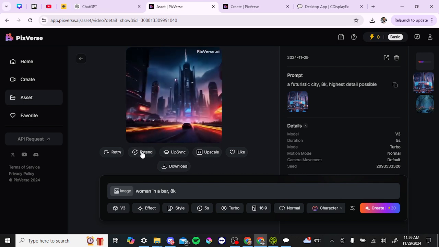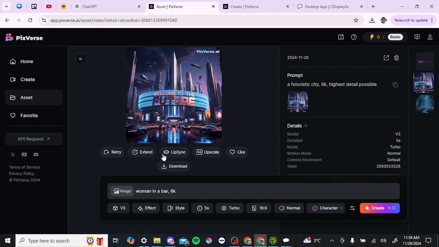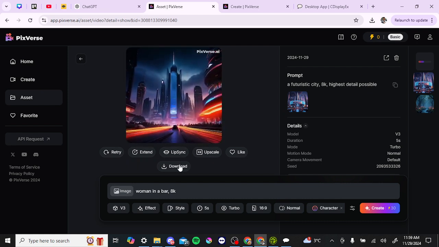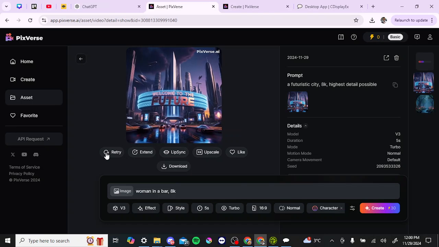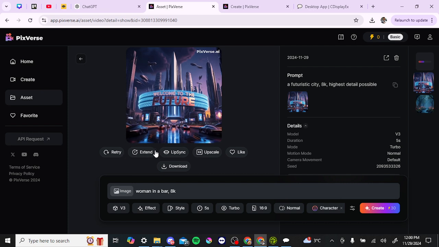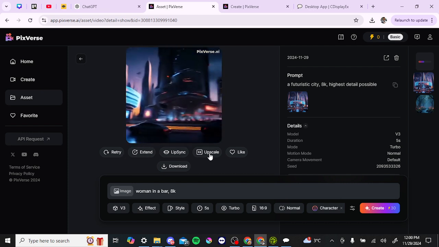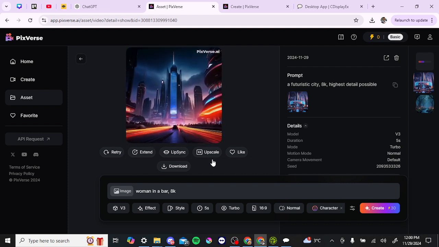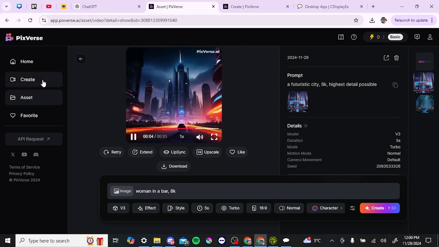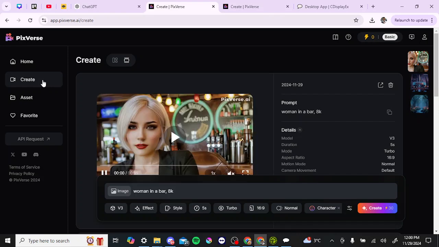So you can extend, you can retry, you can also add lip sync, upscale, and you have the like and download options as well. But the main editing features that you're going to find in Pixverse are the extend, the lip sync, and the upscale. So that is going to give you some idea of what Pixverse is capable of. Let's go ahead and take a look at our